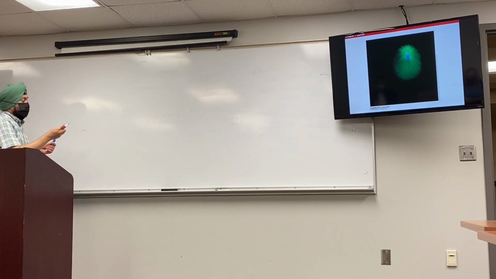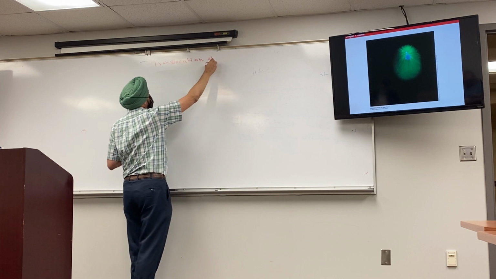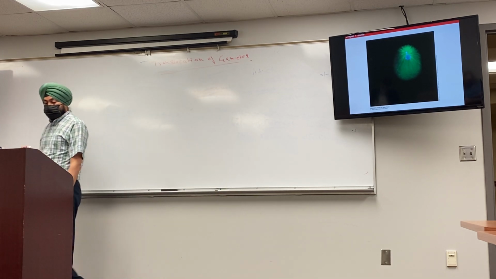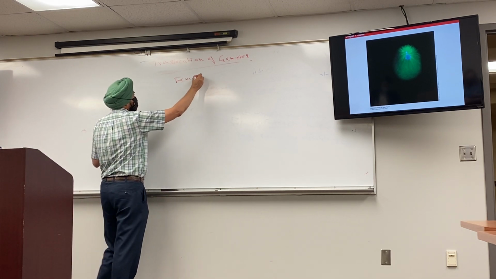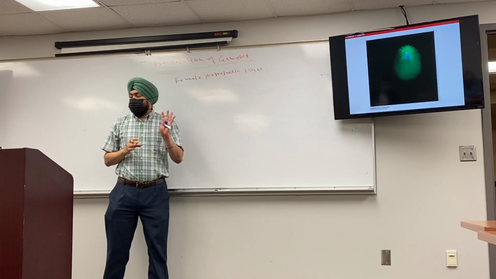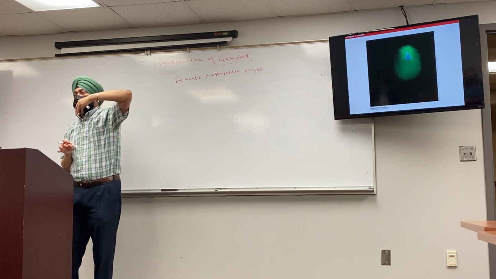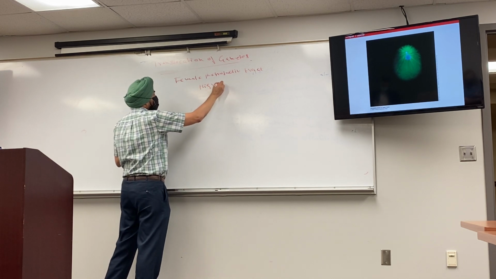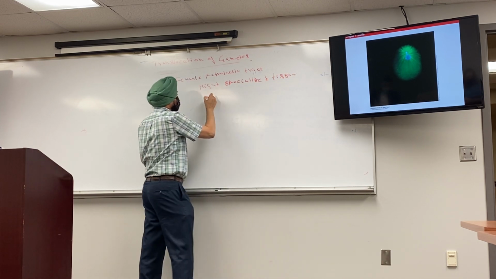So then how does the translocation of gametes take place? Now, the female reproductive tract is very important. This female reproductive tract is not a passive conduit. It's not just a passive conduit through which the sperm will enter and run away. It's not like that. The female reproductive tract is a highly specialized tissue